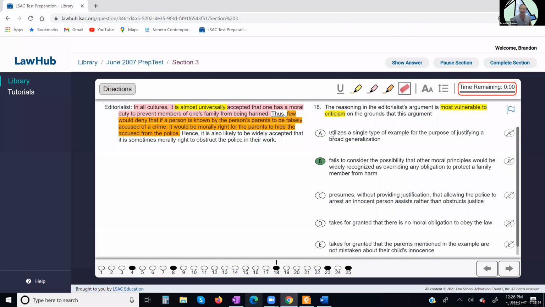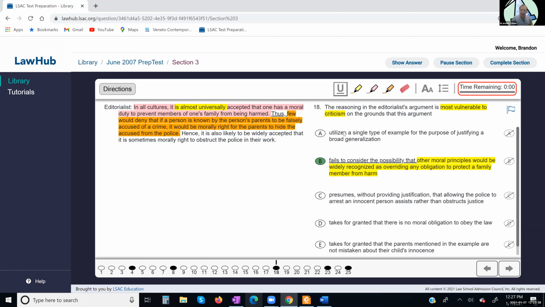And the correct answer is going to start highlighting that. So even if you didn't fully pre-answer, remember, fails to consider the possibility that is weakened language. So if we're looking at this as a weaken and we accept that other moral principles would be widely recognized as overriding an obligation to protect a family member from harm, basically there's a possibility that there's other things that are going to get rid of that pink. And if you get rid of that pink, then you can't conclude orange. And if you can't conclude orange, then you can't conclude what that last line was, the main conclusion. So it would directly undermine this argument. So even if you didn't catch the mistake over here, you still have to recognize B is a weakened answer choice, and it would definitively weaken the argument.